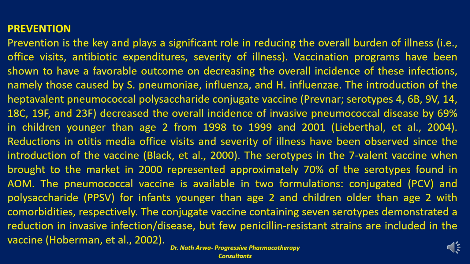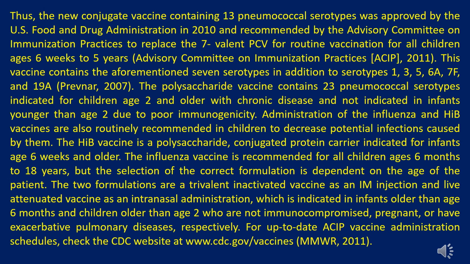The conjugate vaccine containing 7 serotypes demonstrated a reduction in invasive infection or disease, but few penicillin-resistant strains are included in the vaccine, according to Hoberman and colleagues in 2002. Thus, the new conjugate vaccine containing 13 pneumococcal serotypes was approved by the U.S. Food and Drug Administration in 2010 and recommended by the Advisory Committee on Immunization Practices to replace the 7-valent PCV for routine vaccination for all children ages 6 weeks to 5 years, according to the Advisory Committee on Immunization Practices,